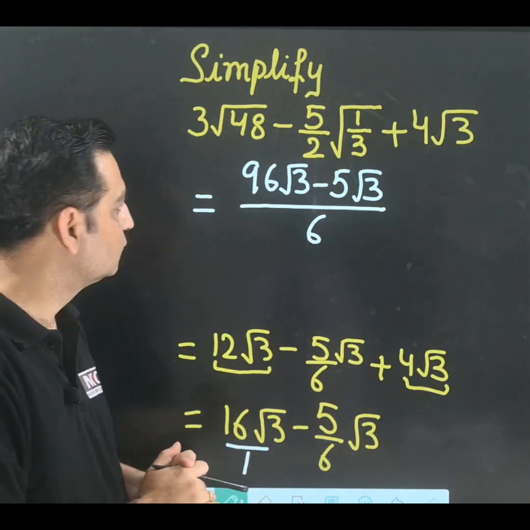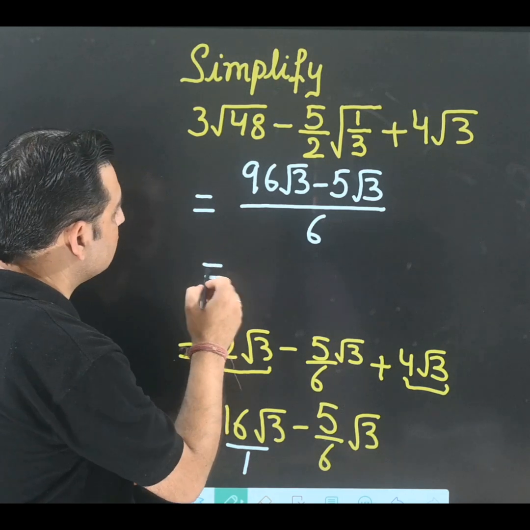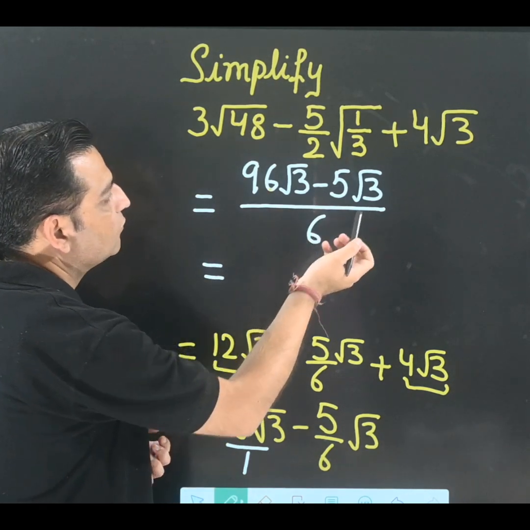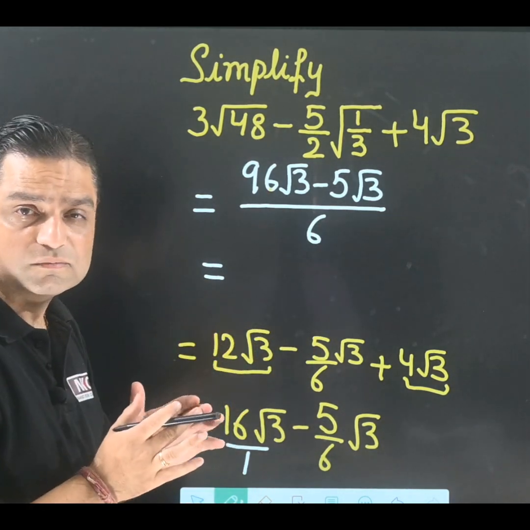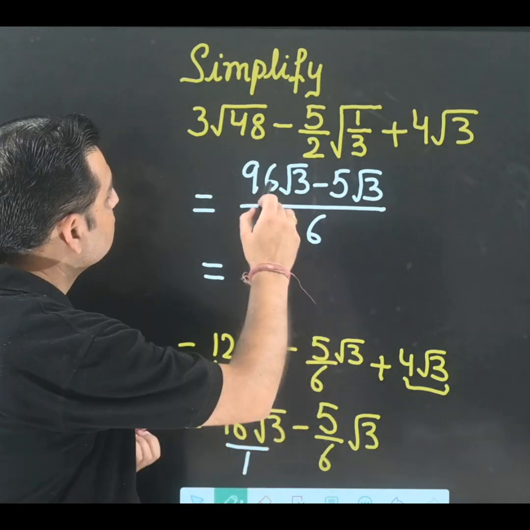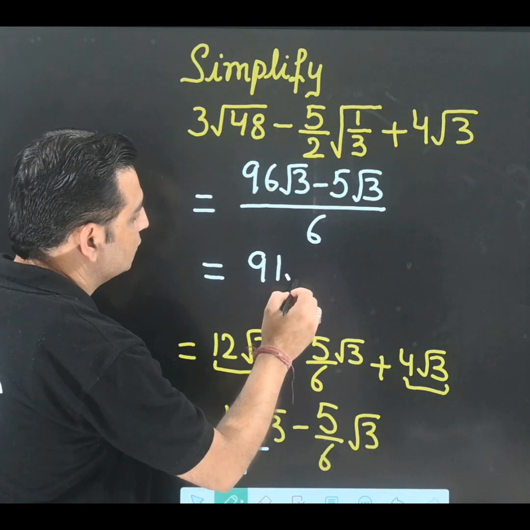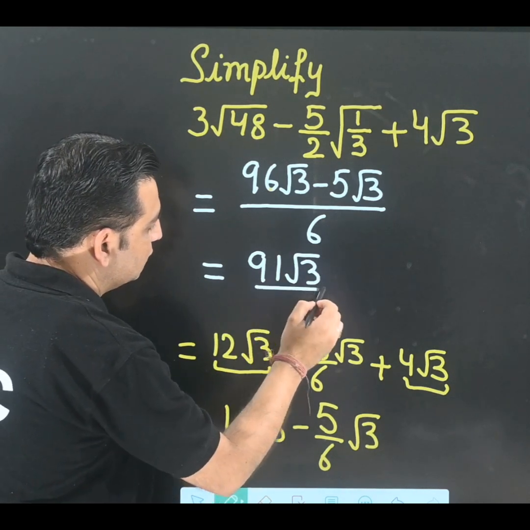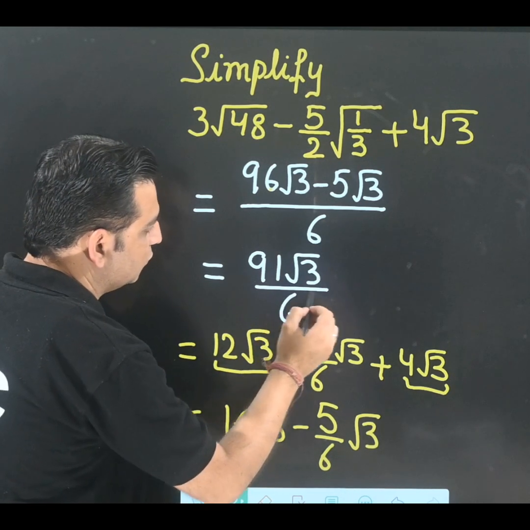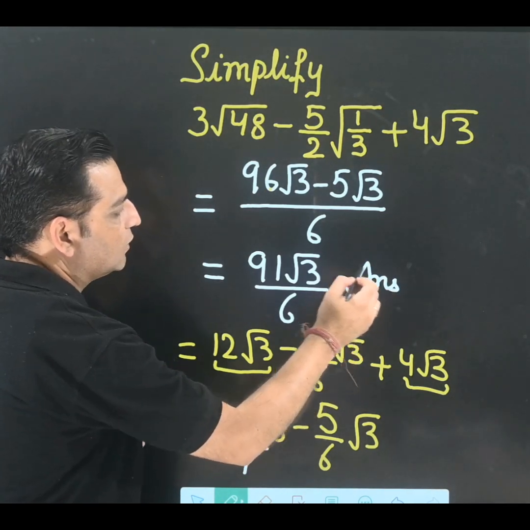the denominator is already 6. And the last step, 96 root 3 and 5 root 3, see, these are like terms, both containing root 3. So 96 minus 5 is 91. So I'm getting 91 root 3 over 6 as the final answer of this